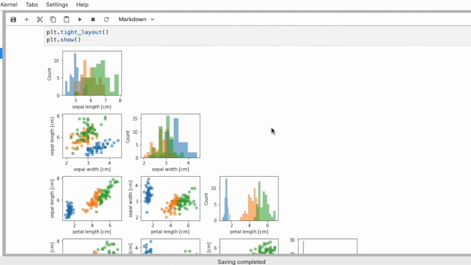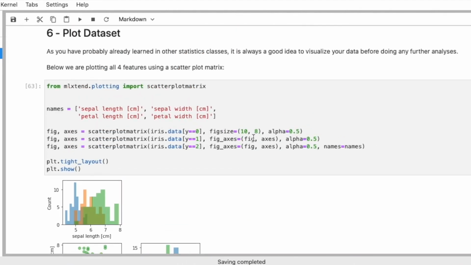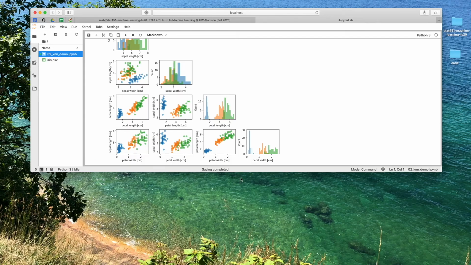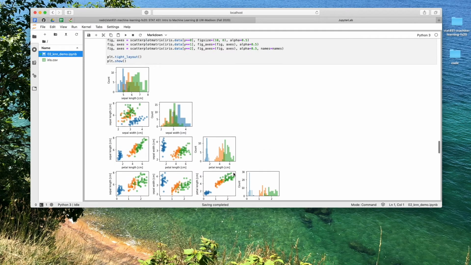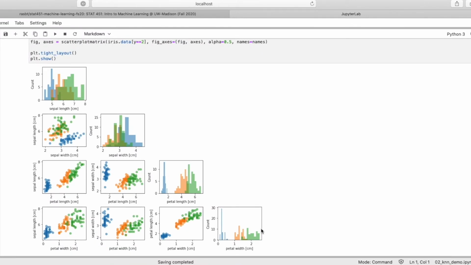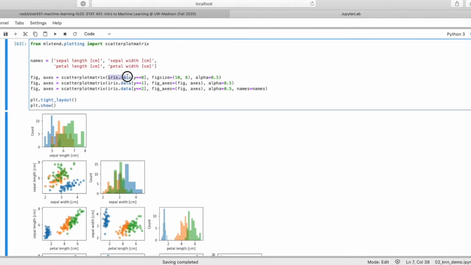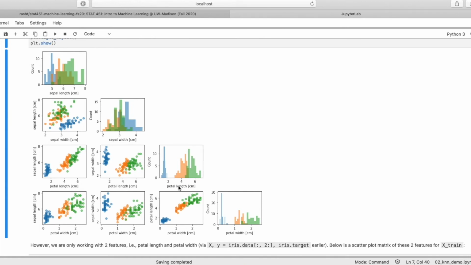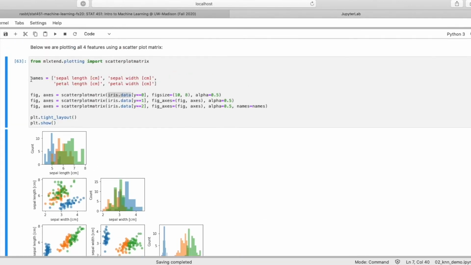So that uses, by the way, matplotlib. How that works, let me explain it step by step before we look at this. Or maybe we should look at this first. So what it is showing us is a scatterplot matrix containing the histograms on the diagonal. We have 4 features in the data set. Here I'm using the whole iris data set, not only the 2 features. So it will show me a histogram for each feature: the sepal length, sepal width, petal length, and petal width. I provided the names here manually because the names are not in this NumPy array. So this is a NumPy array, I think.